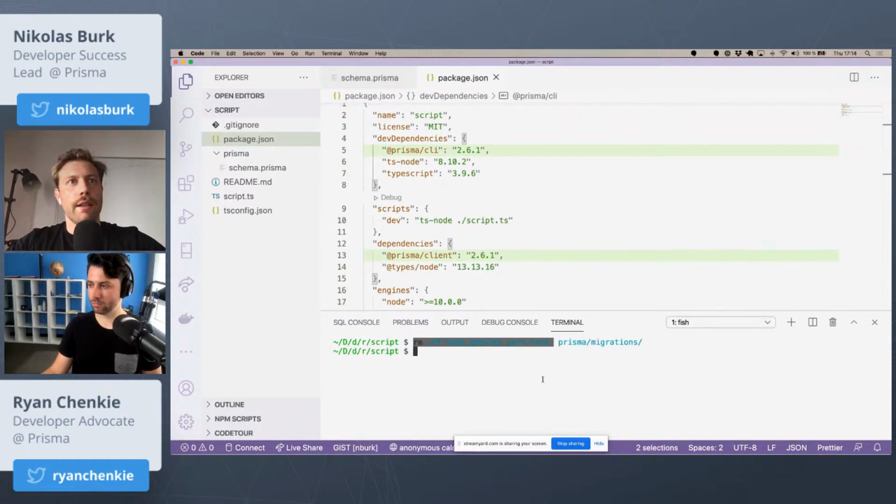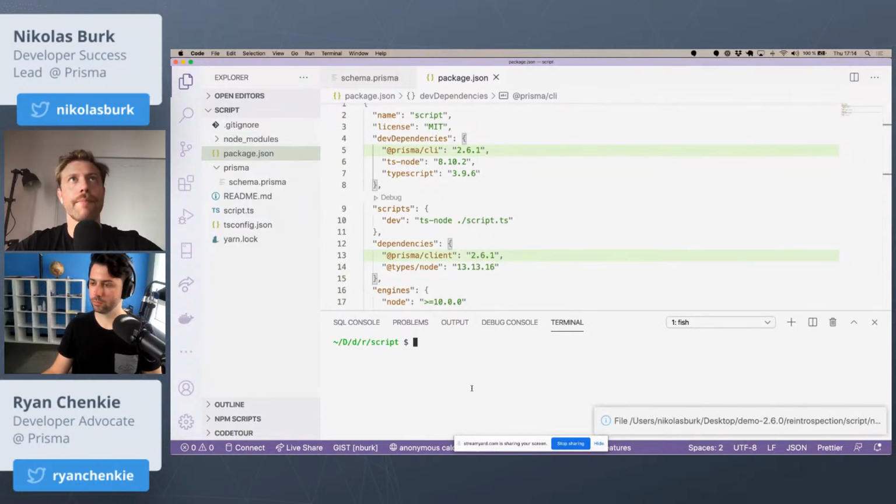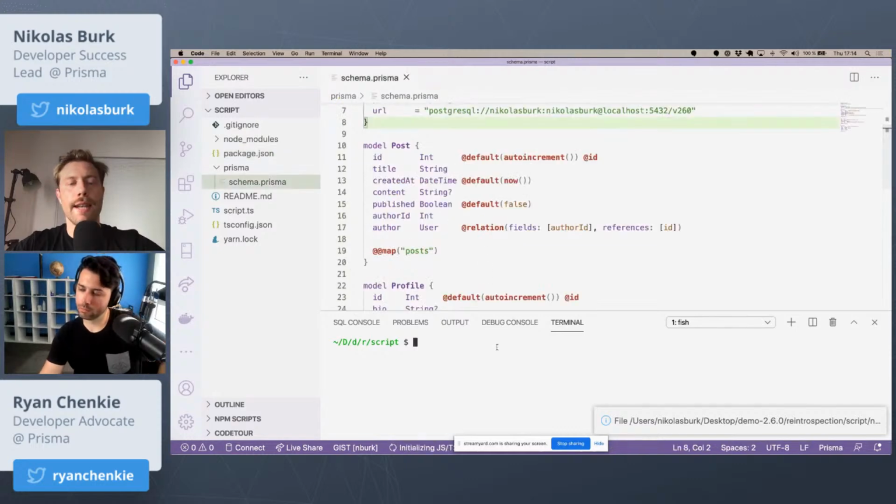Make sure that I delete, that also deleted the migrations folder, but I don't think that's a problem. Install dependencies again. This will generate the 2.6.1 version of Prisma Client and the Prisma CLI. And now if I run yarn prisma introspect,